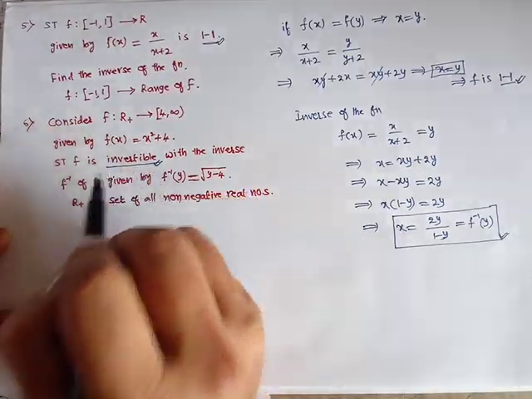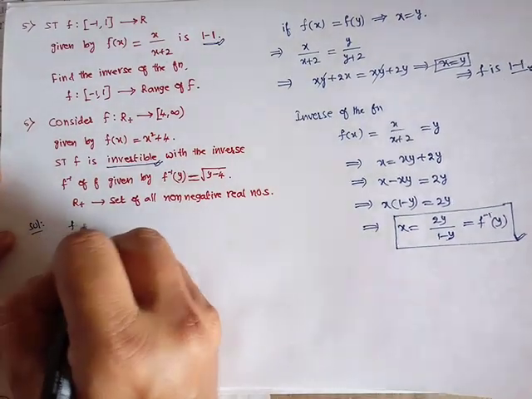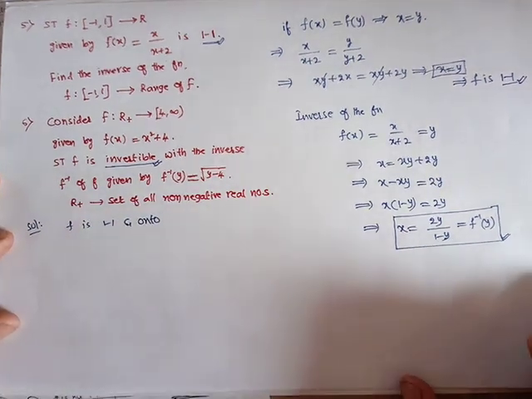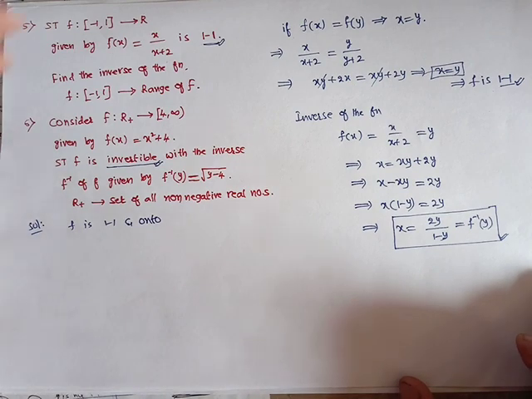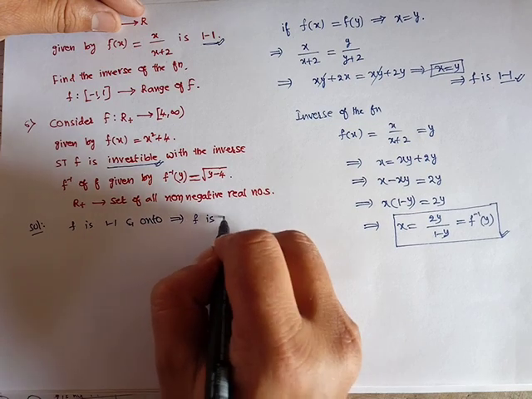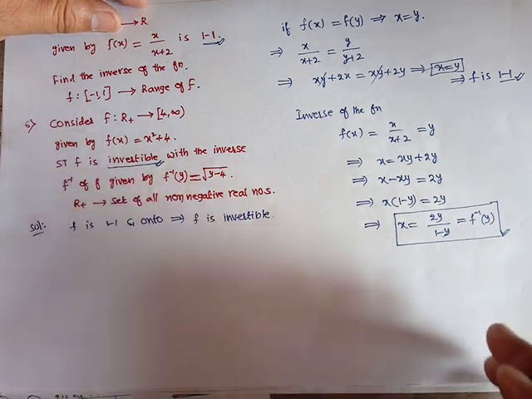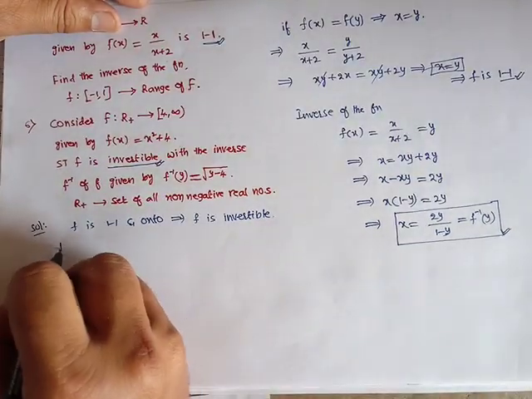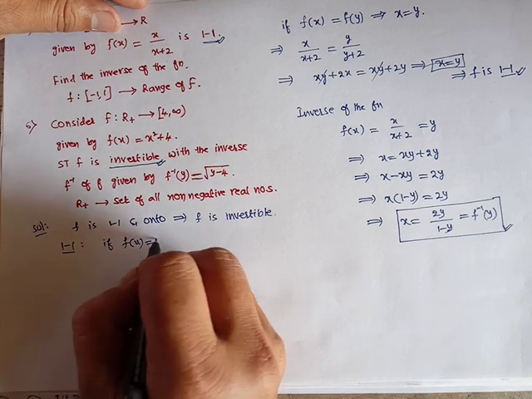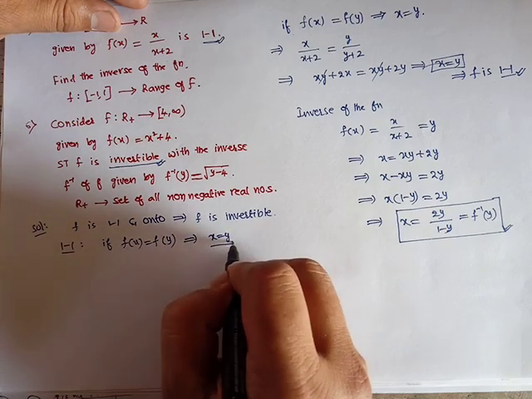So it is asking to show that it is invertible, that's why we need to show f is 1-1 as well as onto. So we need to show f is 1-1 and onto, so this implies f is invertible. If it is both 1-1 and onto, it is invertible. Now we'll see the 1-1 case. So 1-1 will be if f(x) = f(y) is taken, then you need to show x = y.